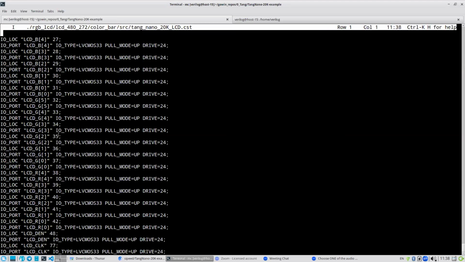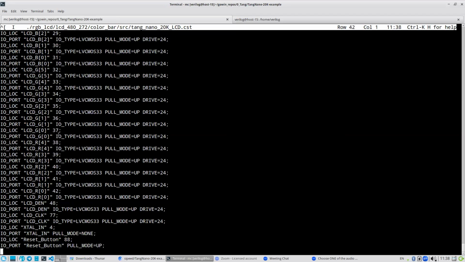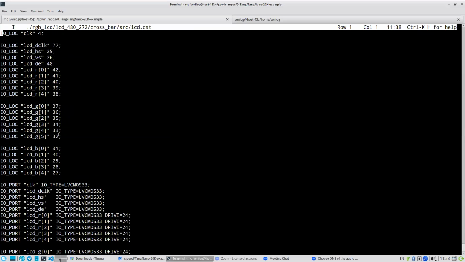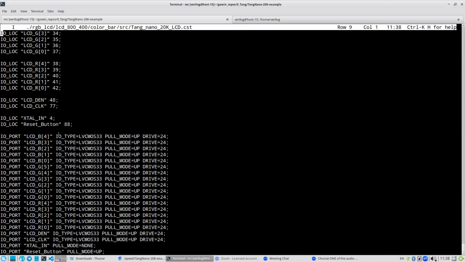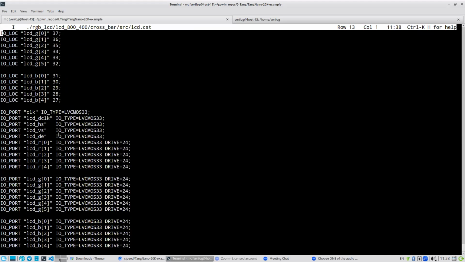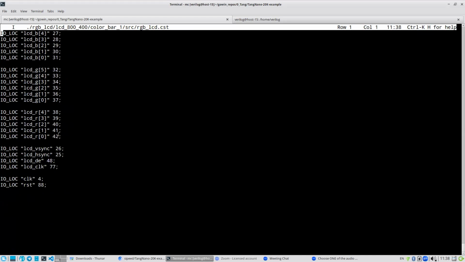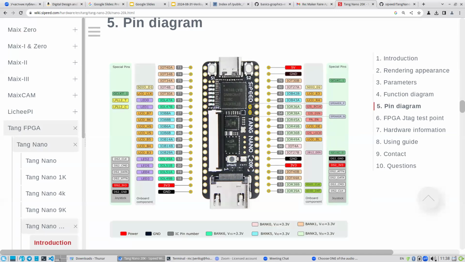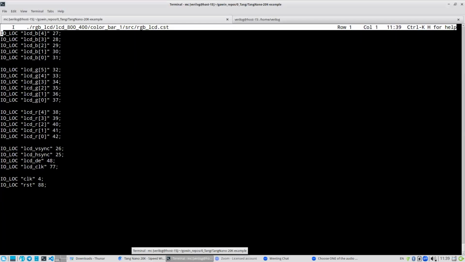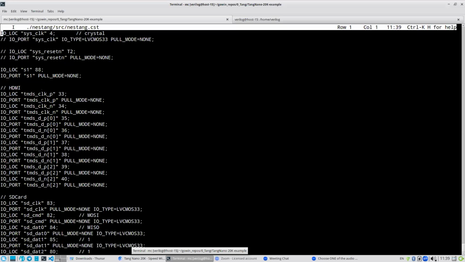You can actually look at them. Yeah, so you see, we can extract pins for LCD from here, and we can extract pins for other things from other CST files. So I combined all pins in one file, and then I looked at the Tank Nano 20K website, and I edited this file, and then I asked Alexander Ryabov to